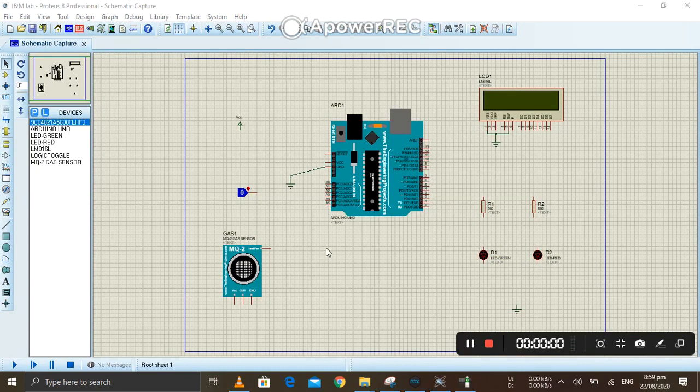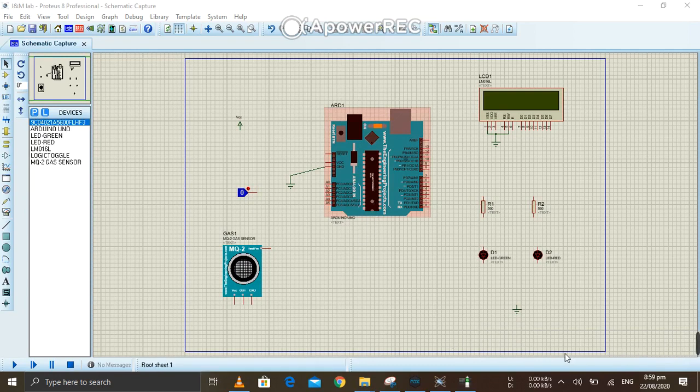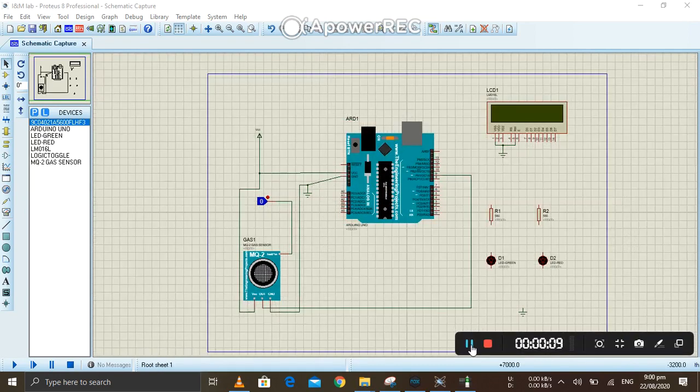First of all, I will show you the connections between MQ2 gas sensor, logic toggle and Arduino UNO. These are the connections between Arduino UNO, MQ2 gas sensor and logic toggle. Now I will show you the connections between resistors and LED lights and ground.